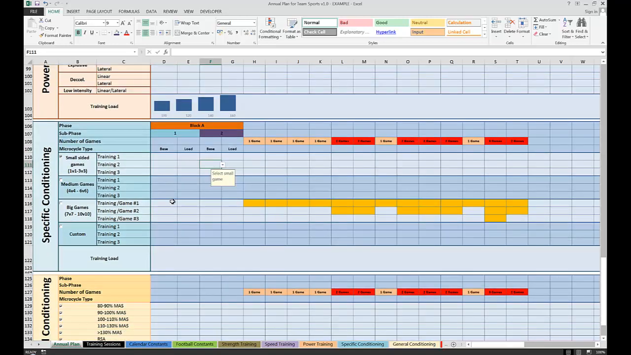So I believe this is a pretty unique way to visualize the components of specific conditioning. In this case, that's related to different types of small-sided games. As you can see, I split them in 3 categories. The fourth one is a custom one. So first one is related to small-sided games. Those are usually 1v1 to 3v3 games, medium games, 4v4 to 6v6, and big games or normal games, 7v7 to